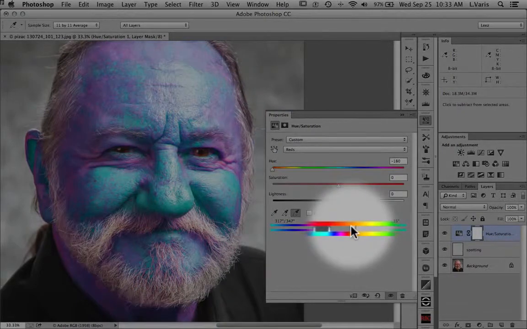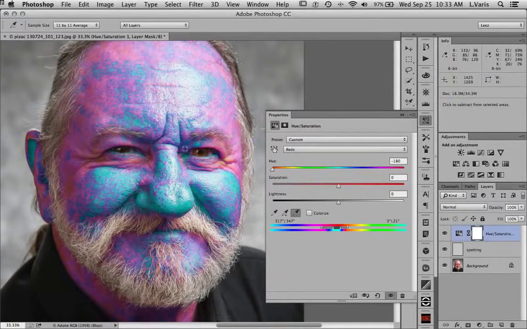I can isolate it even more by trimming this little gray area in, taking the little handle and trimming it in just a little bit. Okay. And now we really need to shift most of the skin anyway, so I'm not going to try to isolate this any further. We're going to bring this back to 0 and then start scooching it over to the right while I'm measuring and looking at the